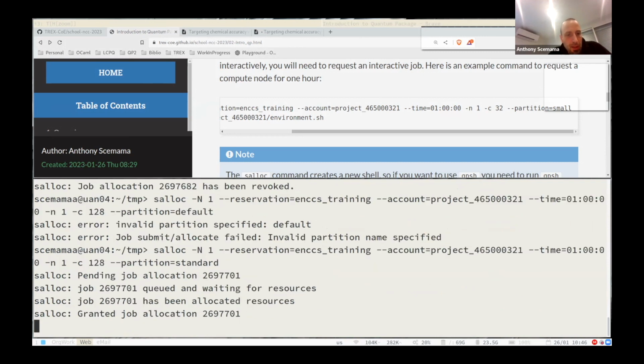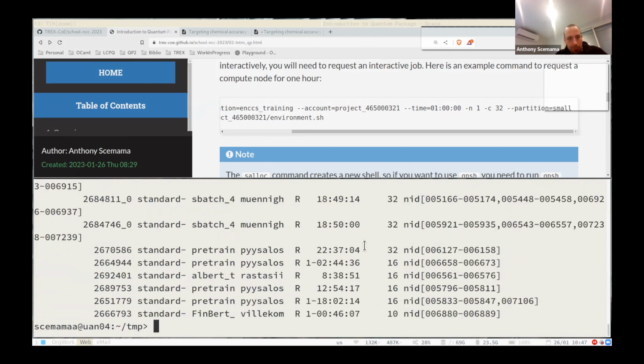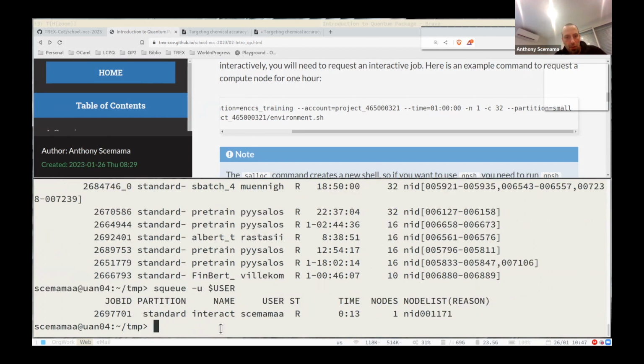Okay, there we go. So now if you run the squeue command here, you will see everything on the machine. So you can use -u and $USER, which will be your username in the shell. I see here that I have only one job running on this compute node. It's an interactive shell.